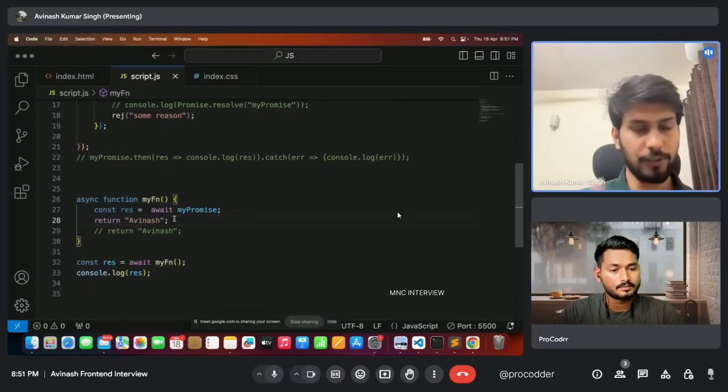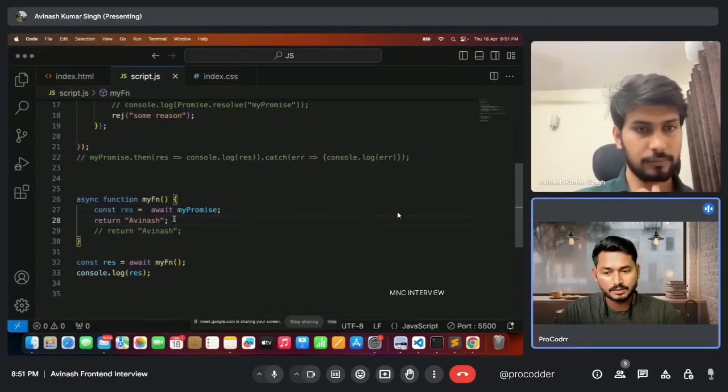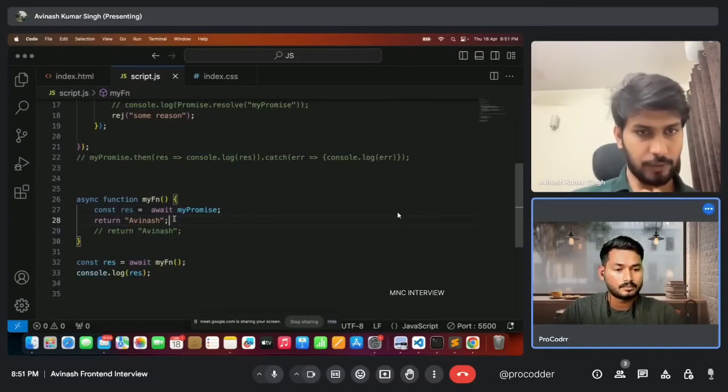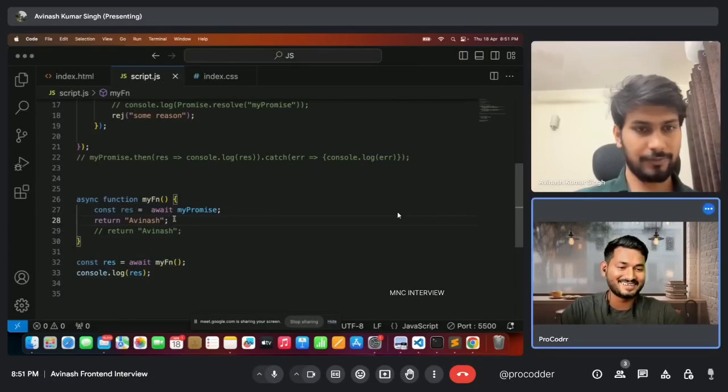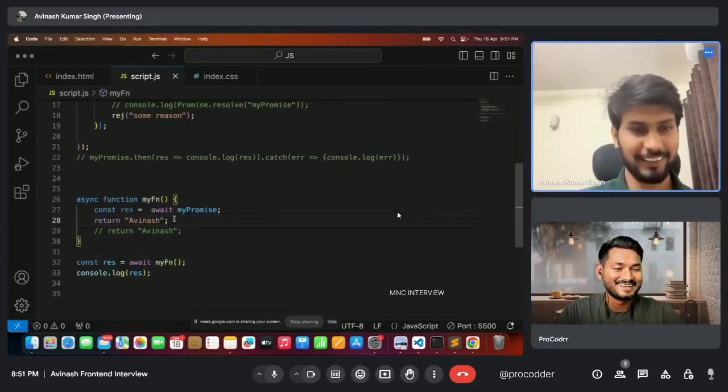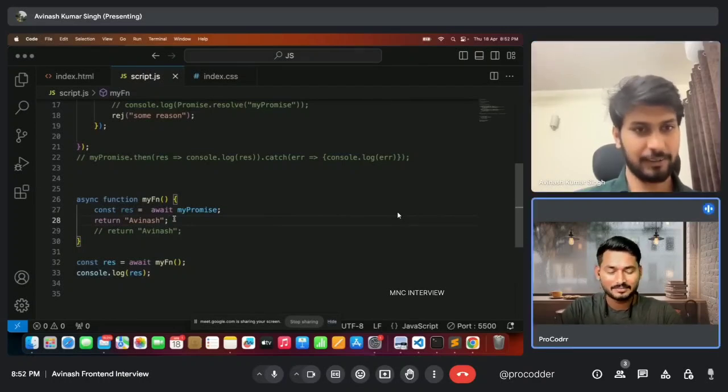Through the event loop, which keeps on checking the call stack. So if that function comes again, will it start executing from line number 1 or from line number 5? It will start executing from line number 5. Are you sure? Yeah, I'm sure. It will execute from where it left.